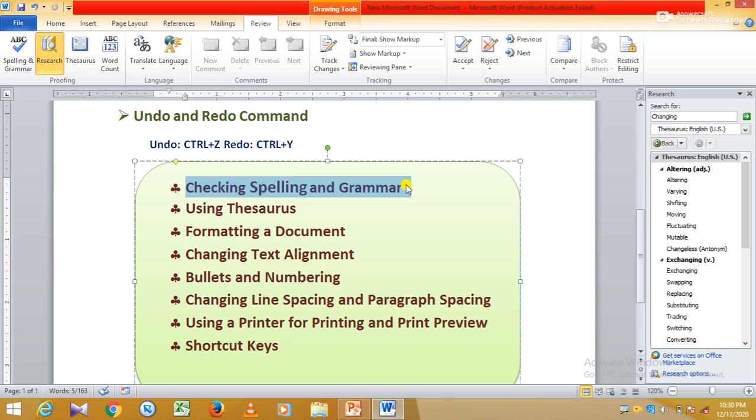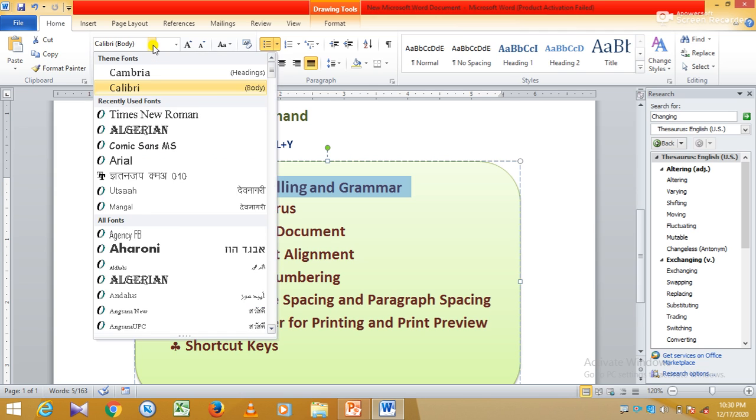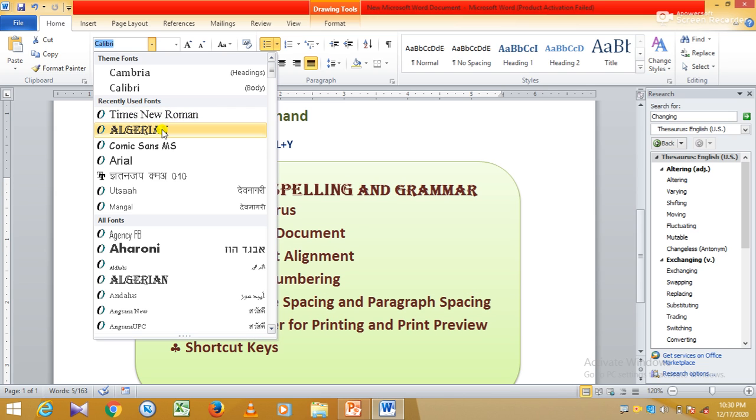And then you have to click on the Home tab. In the Home tab, in the Font group, you will find fonts here. You click on this drop down menu. You will find many fonts like Cambria, Calibri, Times New Roman, Algerian, Comic Sans.